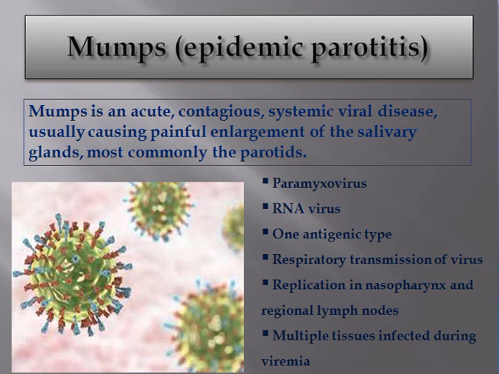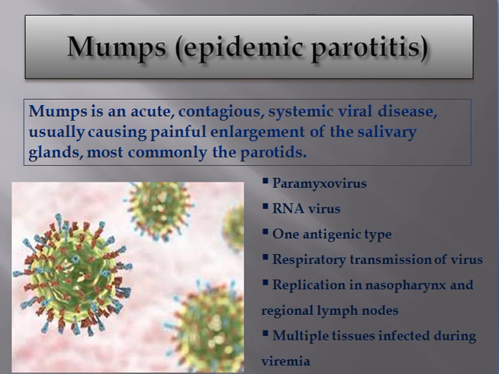Mumps, the next part of our lecture, or epidemic parotitis. Mumps is an acute contagious systemic viral disease, usually causing painful enlargement of salivary glands, most commonly the parotid. Mumps virus is a paramyxovirus, in the same group as parainfluenza and Newcastle disease virus. Parainfluenza and Newcastle disease viruses produce antibodies that